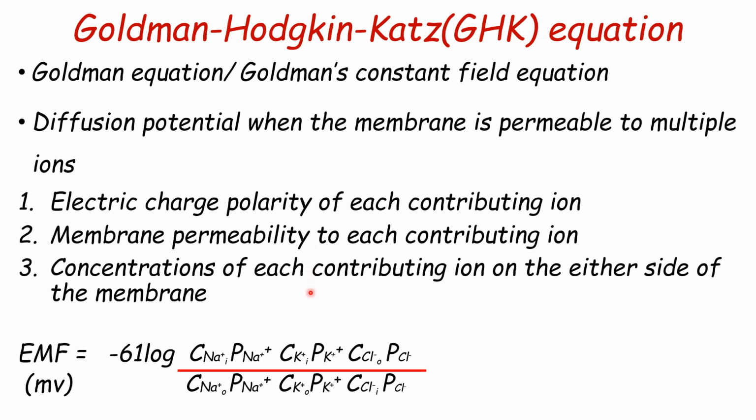Then the concentration of each contributing ion on either side of the membrane. If there is more concentration gradient, there will be more diffusion. So suppose the concentration gradient of sodium is more, then the diffusion potential will be dependent upon the sodium,